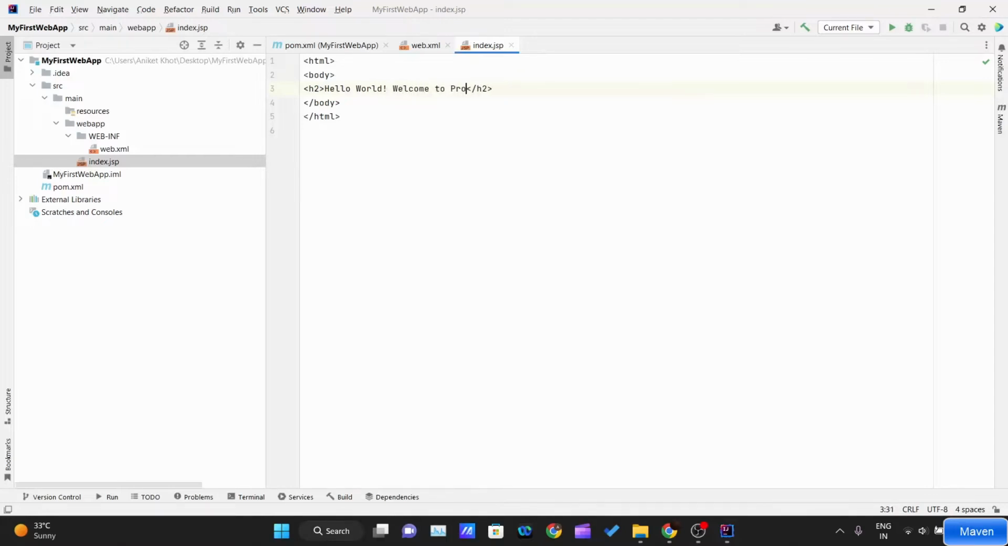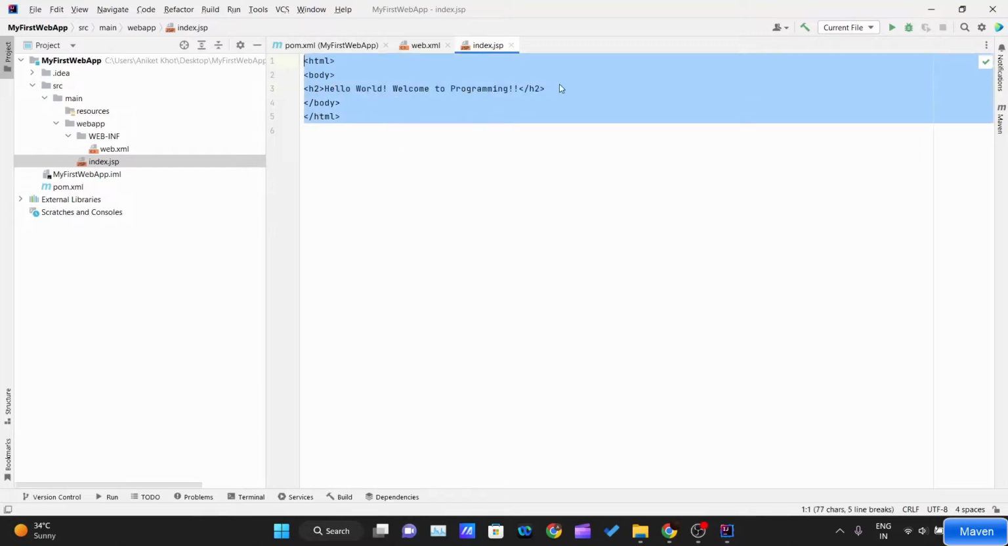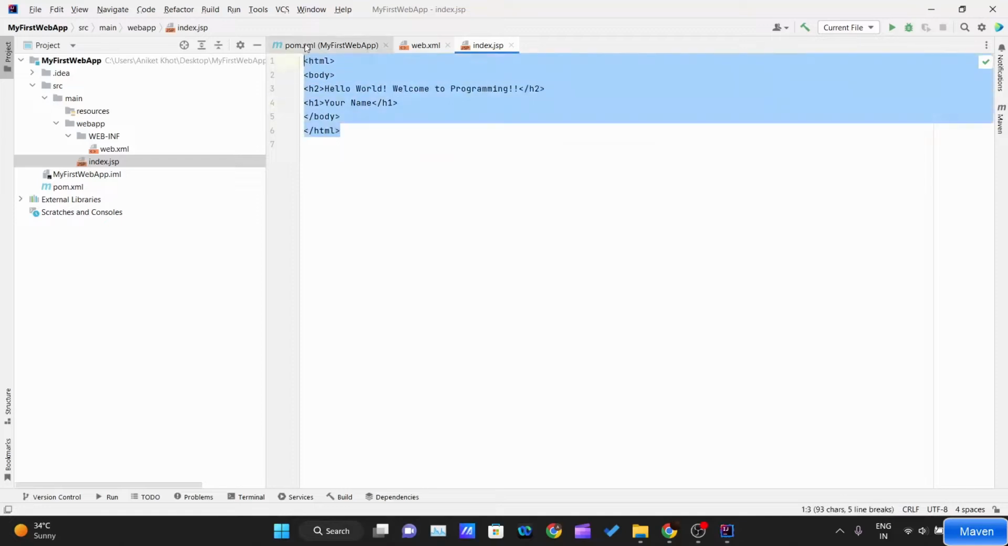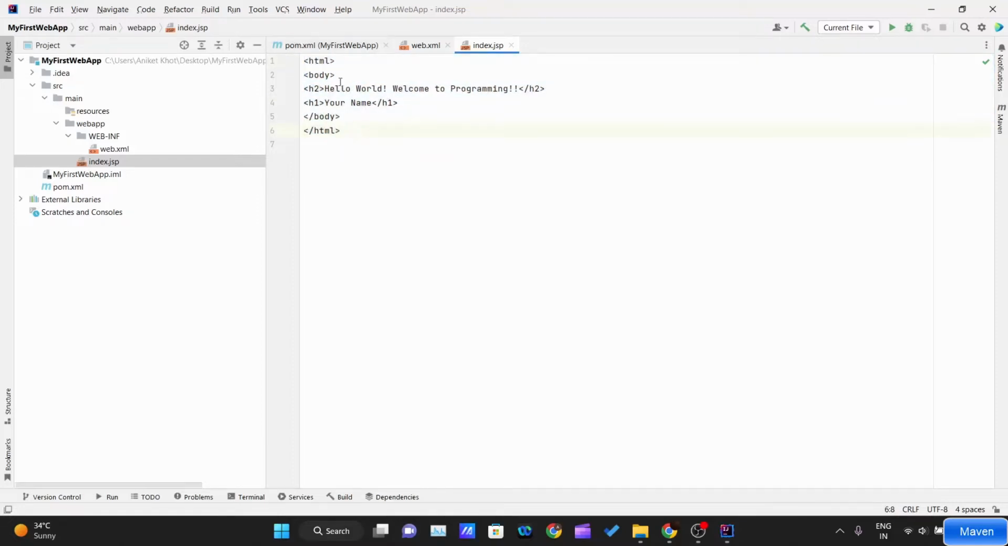Hello World, welcome to programming. Okay, here is the thing that you can edit. It is HTML. You can add more tags, like the h1 tag is also there in HTML, I hope you remember. So an h1 tag, and we'll write your name, whatever you want to write over here. You can modify this index.jsp file, and this index.jsp file will get executed once we